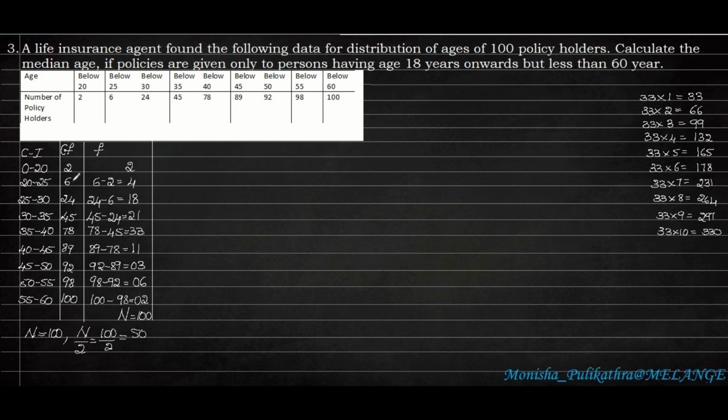So you have to check the cumulative frequency, not the frequency level, in order to find out the n by 2. Okay. So n by 2 is 50, which falls under 78. Okay. It is 45, which is lesser than 50. So next 78. Inside this 78, n by 2, 50 will fall. So we have to select this class interval range. That is this row we have to select.